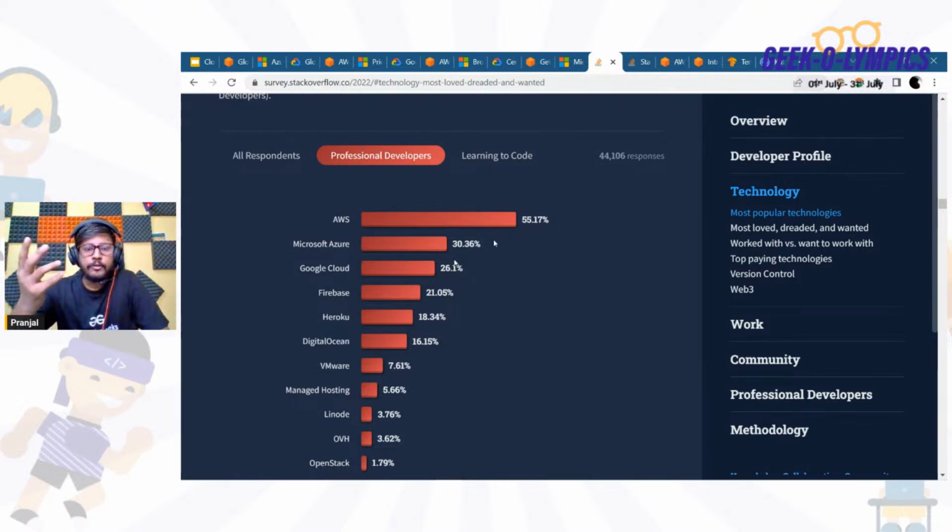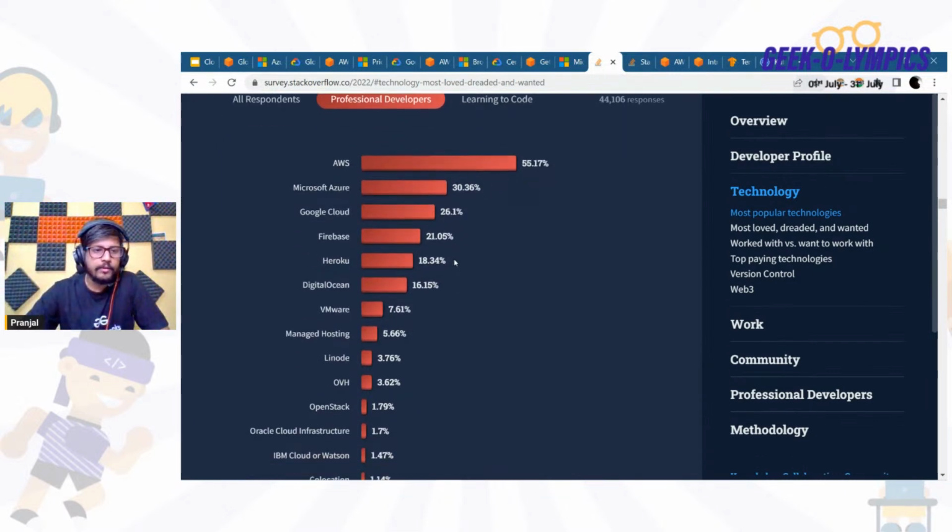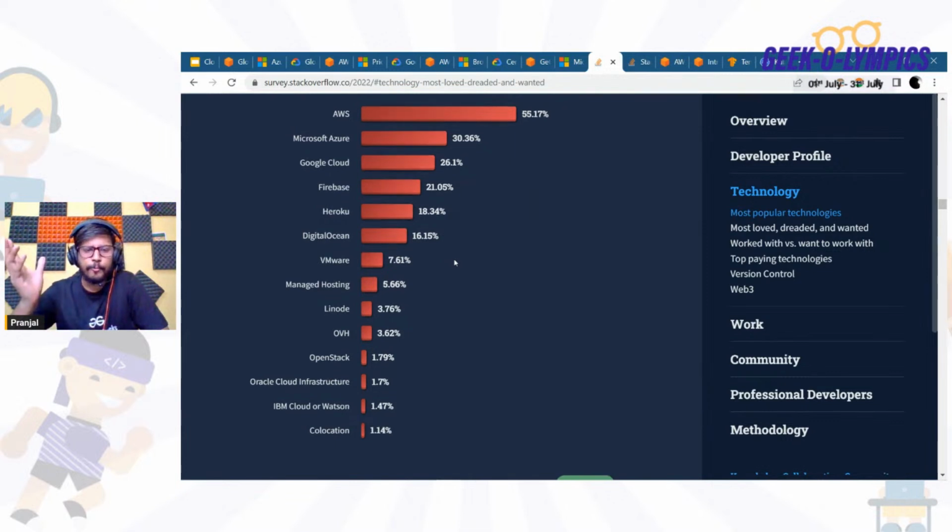And if you want to know about the rest of the other players in this cloud computing domain, you will find Heroku. Heroku is very popular. I've used Heroku to deploy my web application free of cost, but now they have changed their pricing plan, so there will be a little decrease in the case of Heroku. But other than Heroku, we have some other platforms through which you are able to deploy your web application freely.